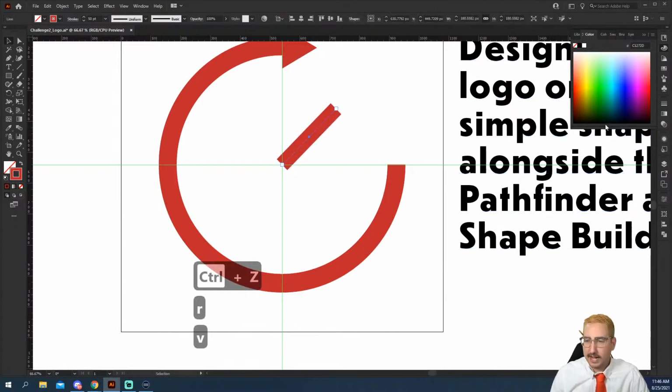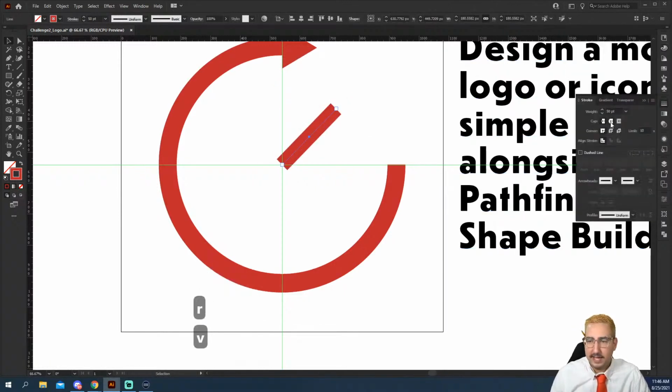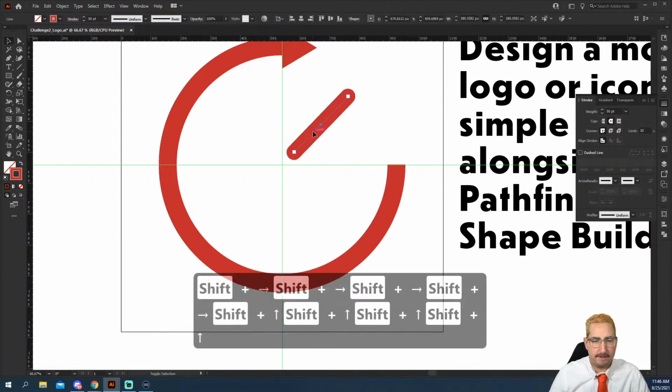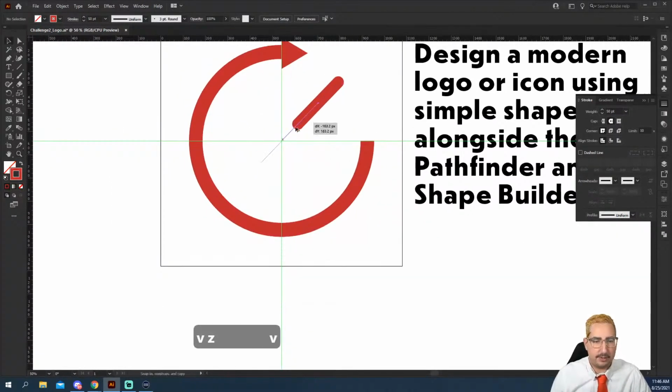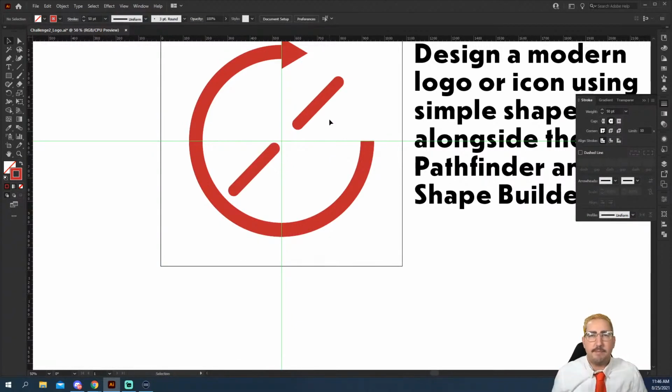So what we're going to do is round this off. With our stroke over here, we're just going to do round cap. And that's going to keep it nice and round, nice and kind of modern looking. Let's move this so that it goes a little more into this corner. We'll drag it up at a 45, just holding Shift. And maybe we have it also come down this way into that corner. So now we have two pieces kind of staying modern, staying clean, and abstracting something.